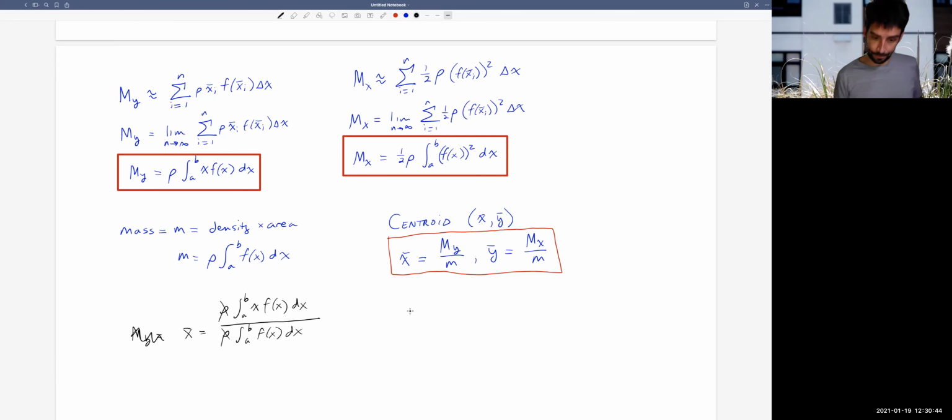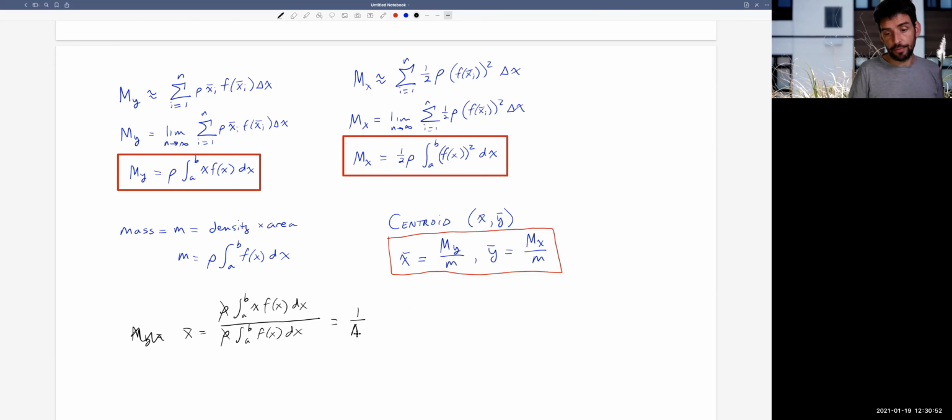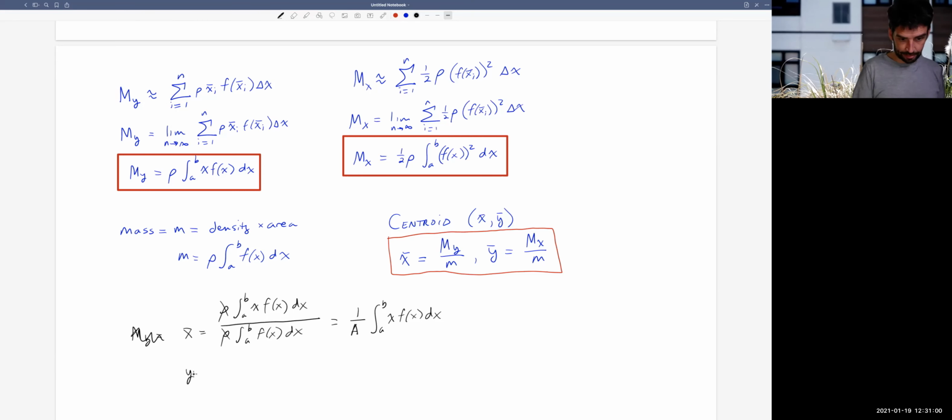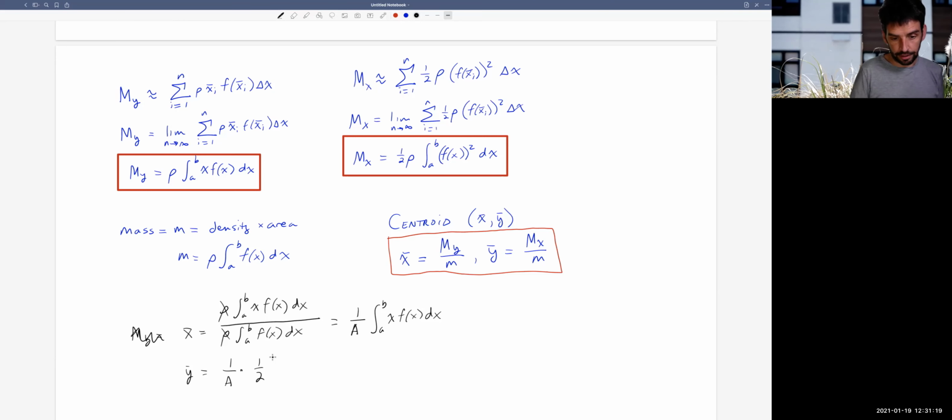And so sometimes you might see x bar written as, well, look at the denominator here. That's just the integral, it's the area. So we might write 1 over the area, and then we have the integral from a to b of x f of x dx. And in a similar way, you've got a rho in this computation for y bar in the numerator and the denominator, and so you end up with just 1 over the area times 1/2 the integral from a to b of f of x